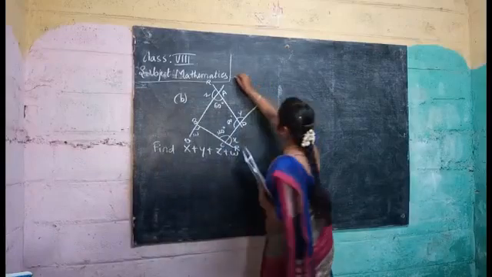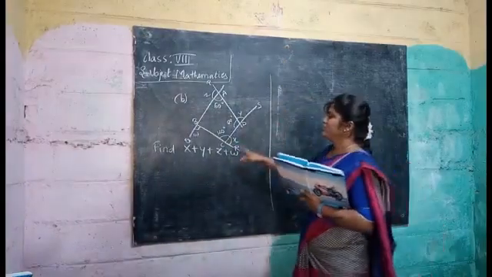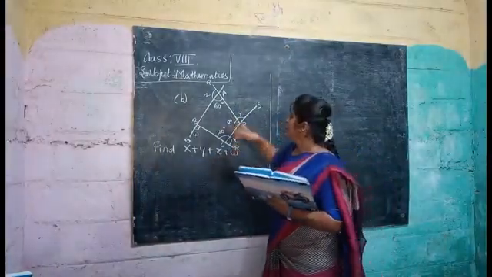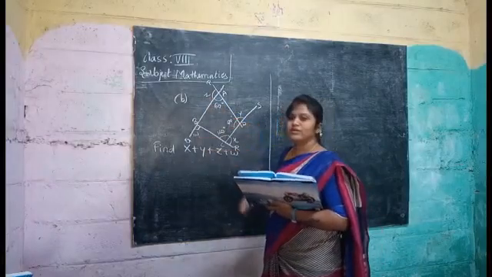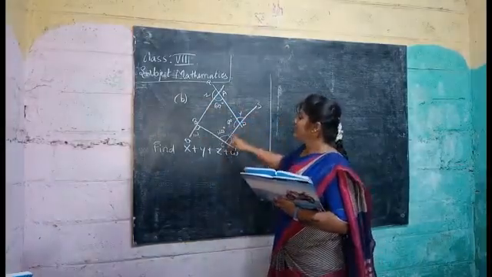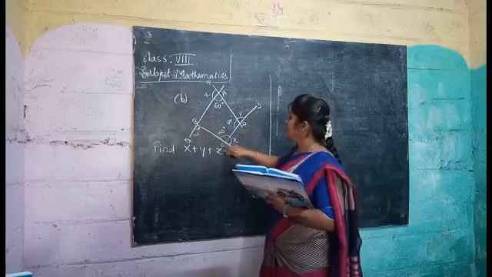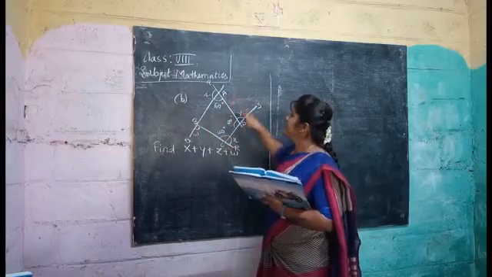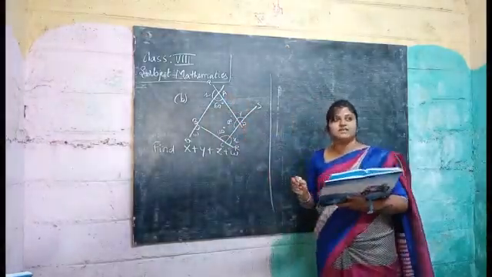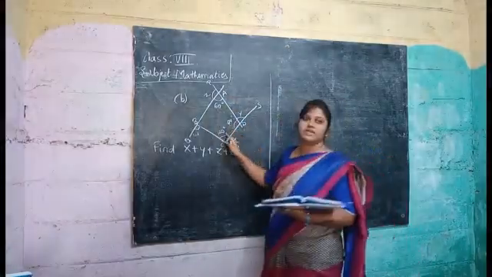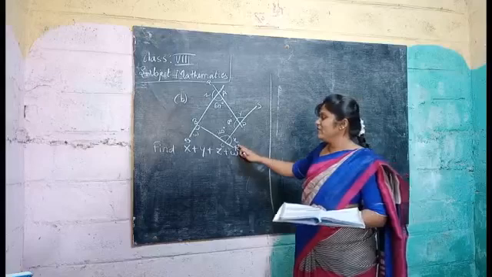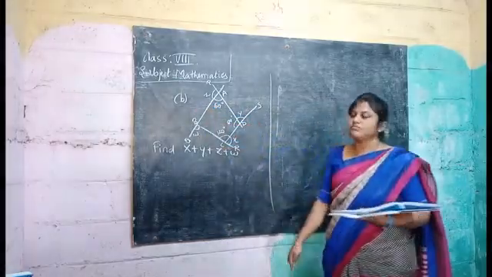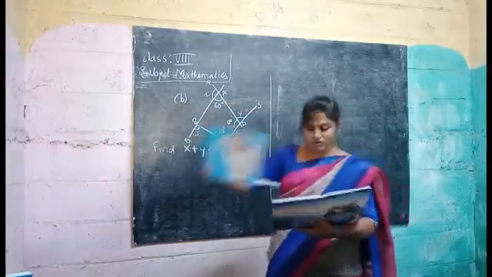After knowing the lines and the points, we have to find out the value of x, value of y, value of z, and value of w. X is here, y is here, z is here, and w is here. We have to know the value of these. And they have given three angles here. BCD they have given 120, CDA they have given 80, DAB they have given 60. They have given three angles here, 60, 80 and 120. We have to find the value of x, y, z and w. All the four we have to find out.